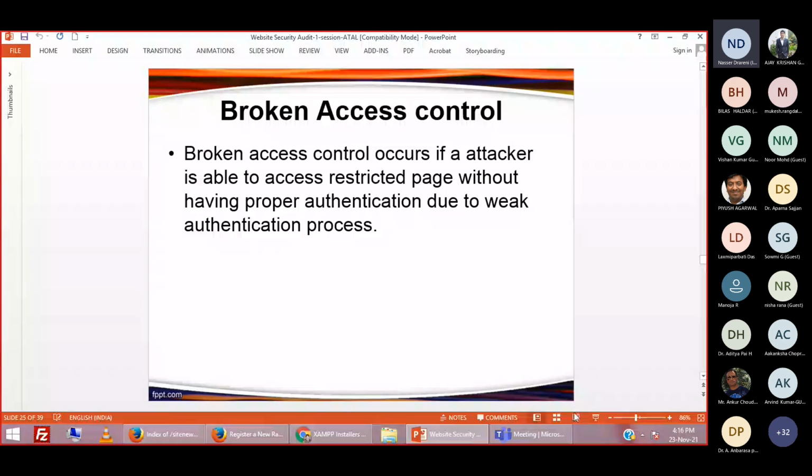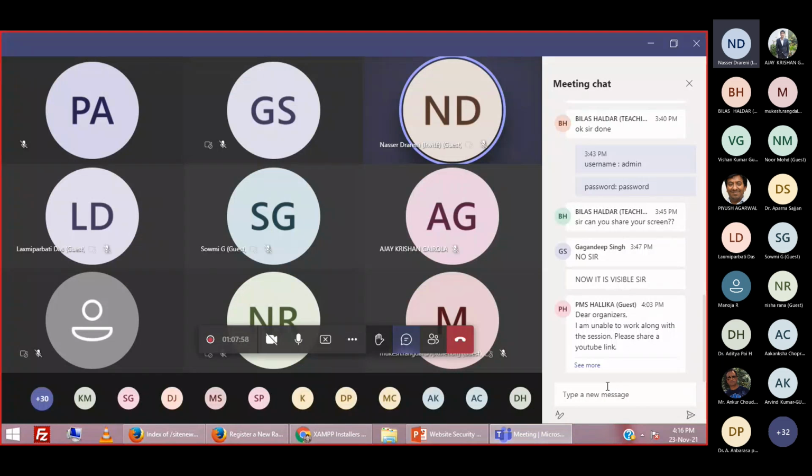So till now, any doubt? Yes, participant? We are moving ahead. Whatever I have explained so far, if you have any doubt, you can ask here.